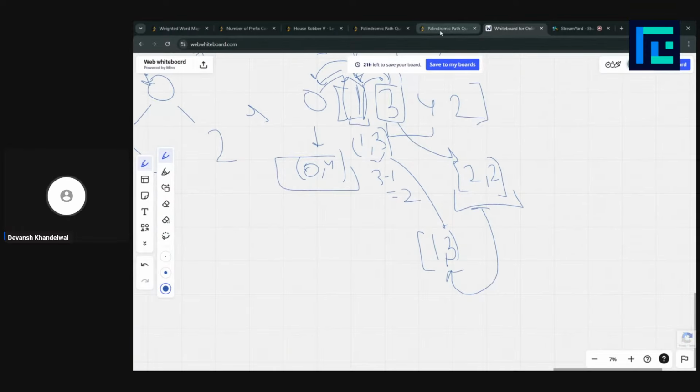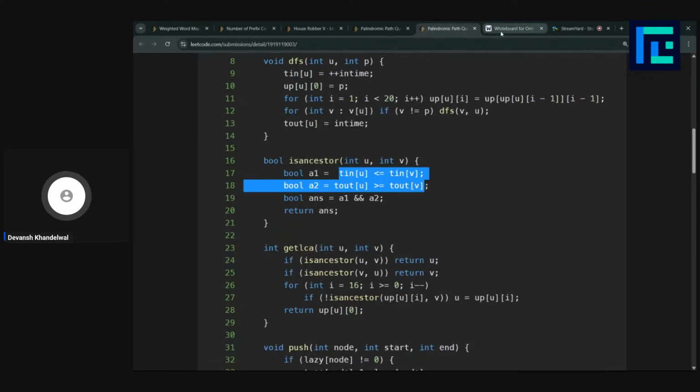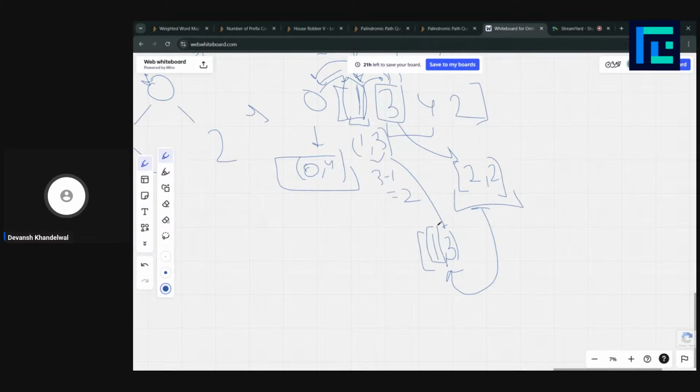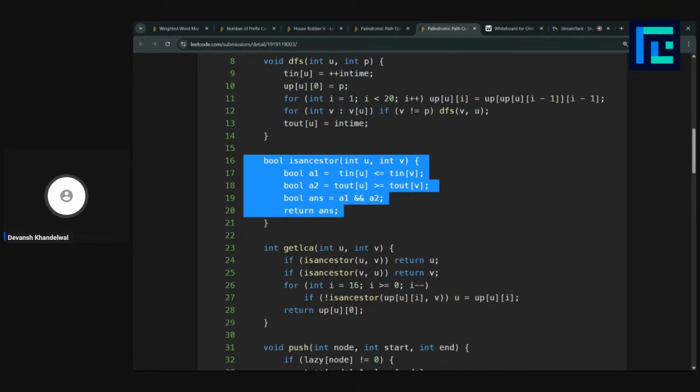That means that the in time of this is less than the in time of the other, and the out time of this is greater than or equal to the out time of the other. If this segment could come inside the other segment, that means that the other segment is an ancestor, right? Using this logic we are calculating the ancestor.